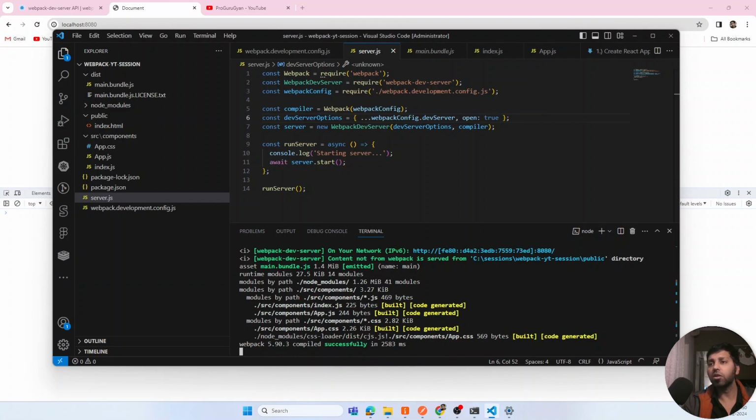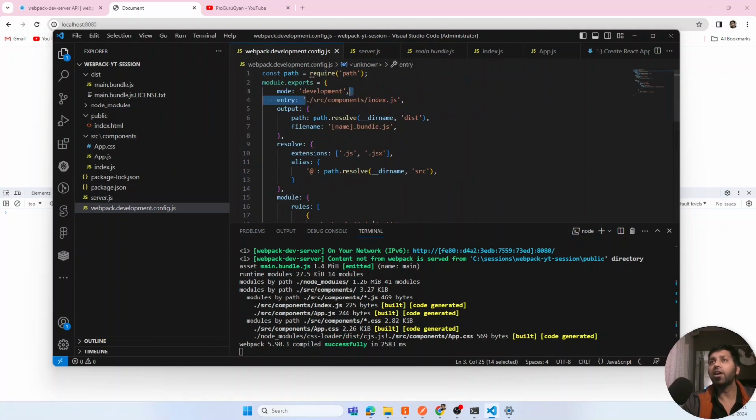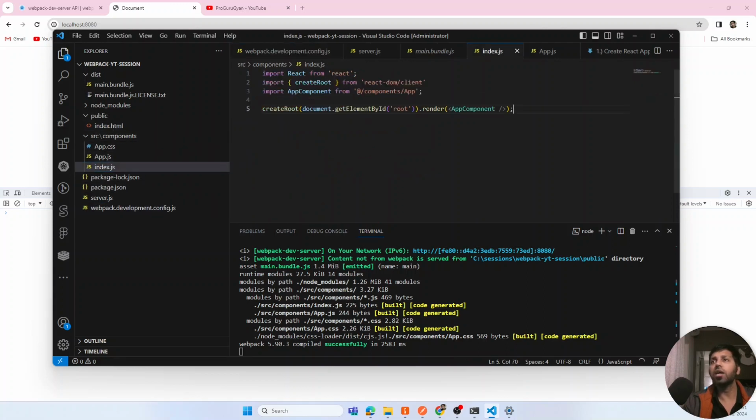Okay, I think I get it. We are running the development config. In the development config we have passed the entry file correctly, right? Inside my index.js, what I did is I passed my entry. Okay, I understand why it is not working, right? So what I need to do